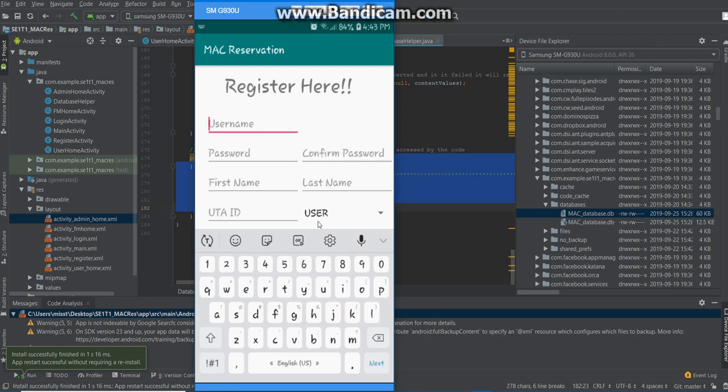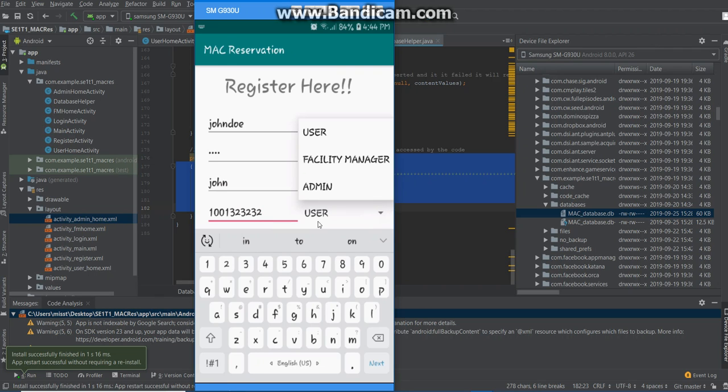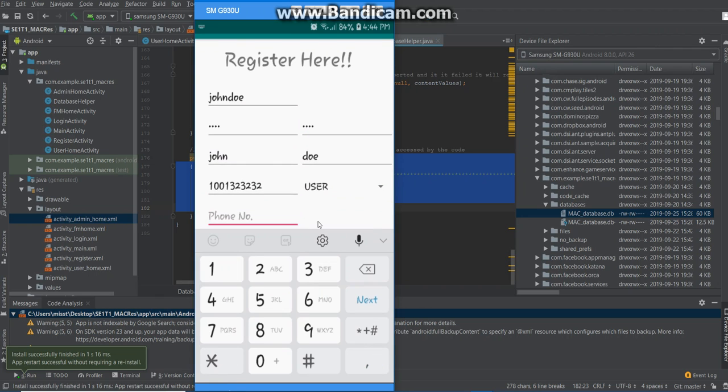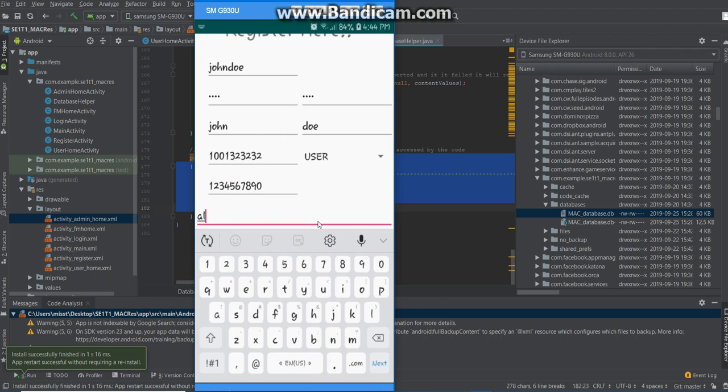So I'm going to say John is our username, John Doe. Our password is going to be John. Let's confirm it. John. The first name is John, and our last name is Doe. The UTA ID could be any digit. Our user, let's start out as a user. Phone number is any number, 10-digit number. Our email,